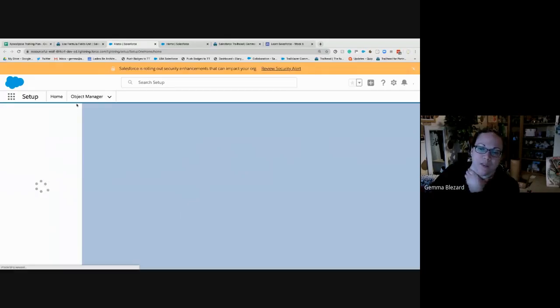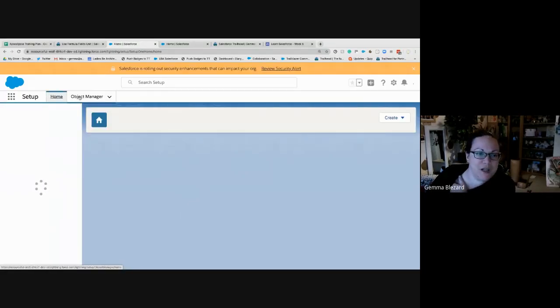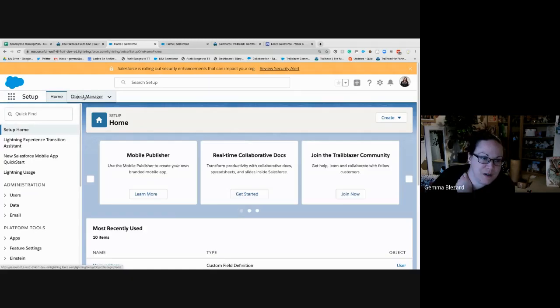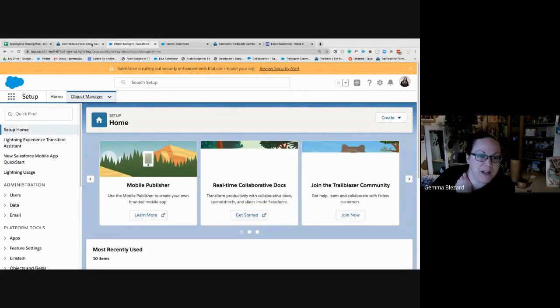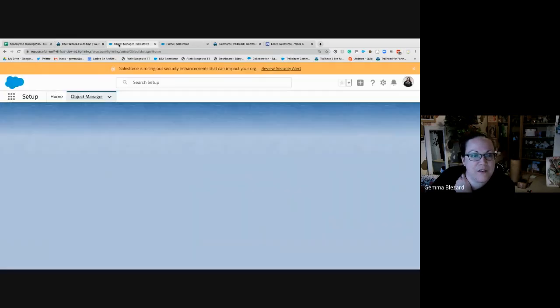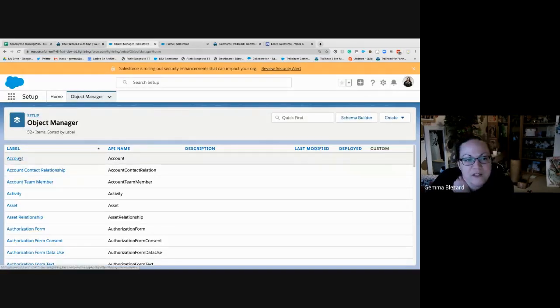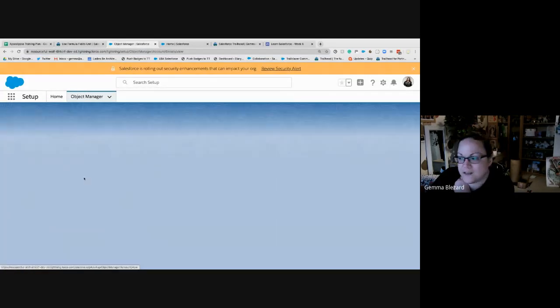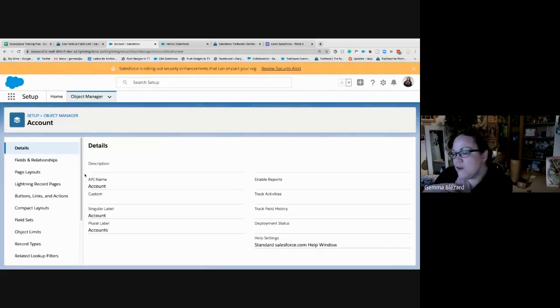And we're going to go to the account object, and we're going to create a hyperlink formula field. Now, if it's a hyperlink, what that means is we have to create a formula that returns a type of text, because even though we are returning a hyperlink field, it's still treated as a text field in terms of